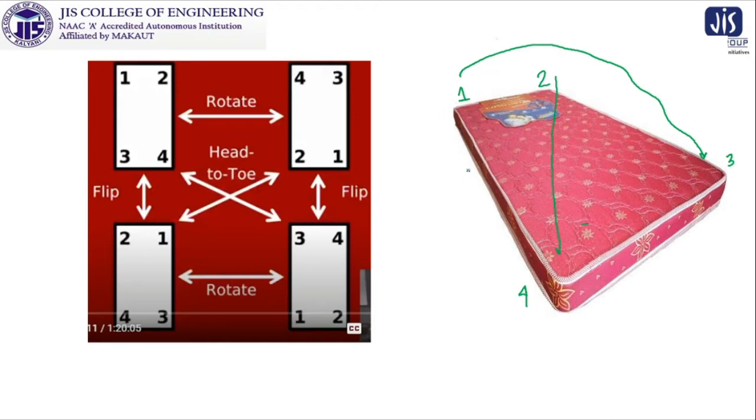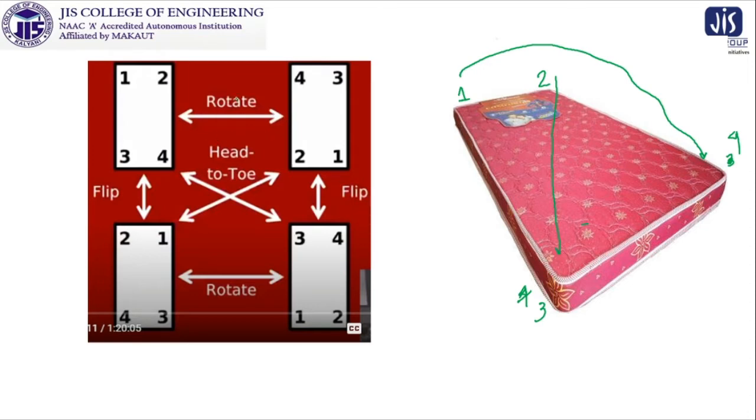So if you rotate it, you can take this one as 3, because if you want to make this similarity over here 1, 2 and 3, 4, then it will be completely matched with this one. Otherwise you can take this one 3 and 4, then the diagram will be a little bit different.